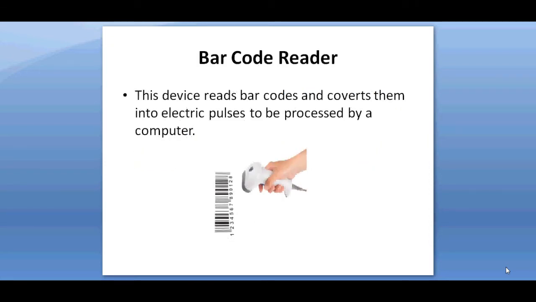Next input device is barcode reader. Barcode reader is a device used for reading barcoded data in the form of light and dark lines. Bar-coded data is generally used in labeling goods, numbering the books, etc. It may be handheld scanner or may be embedded in a stationary scanner. Barcode reader scans a barcode image, converts it into an alphanumeric value, which is then fed to the computer that the barcode reader is connected to.